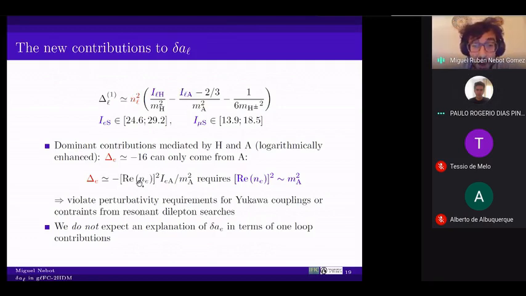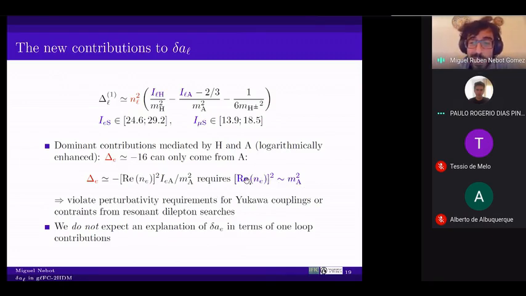So if you want to see how the pseudoscalar works here, I just kept the generic thing, but I'm focusing on the case in which this is real. Otherwise, that would be an absolute value. What I need is that this number here is reproduced by this combination. So this means that if the function is this size, roughly speaking, this coupling, the real part of it, should be like the mass of the pseudoscalar. So that is definitely a problem.